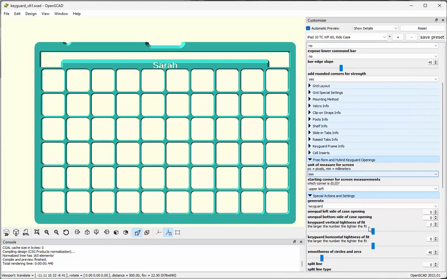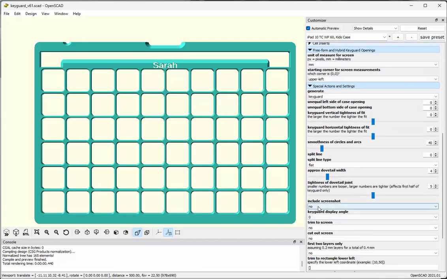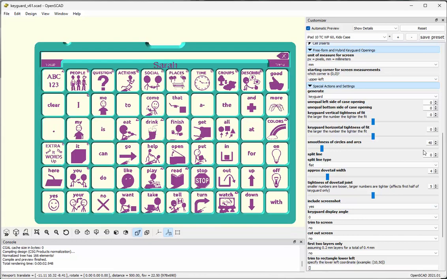And just to show you what this looks like, I'm going to add the screenshot back in. And there we go. Now the user's name is added to the keyguard to personalize it. We've given you access to these buttons if you need them. And also you pick up some additional plastic here and here to put your microsuction tape on. And then after turning this screenshot off,